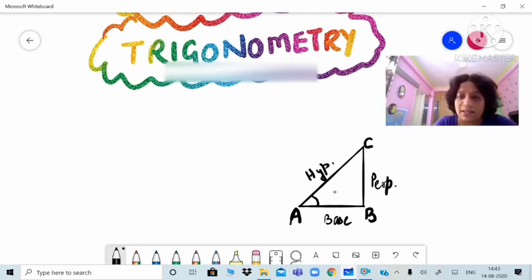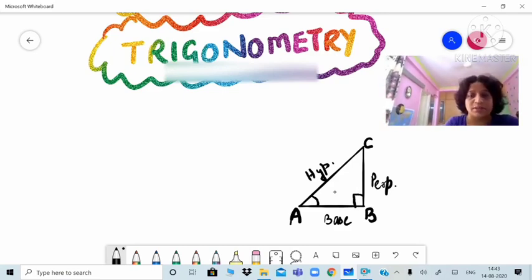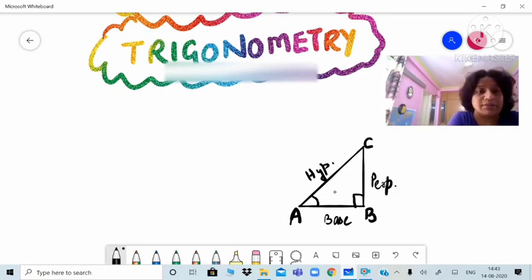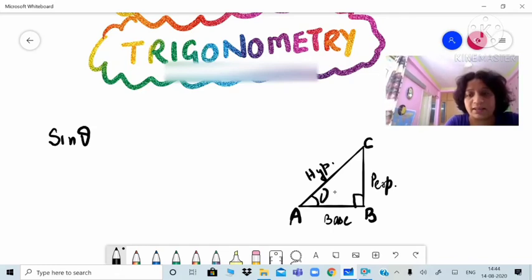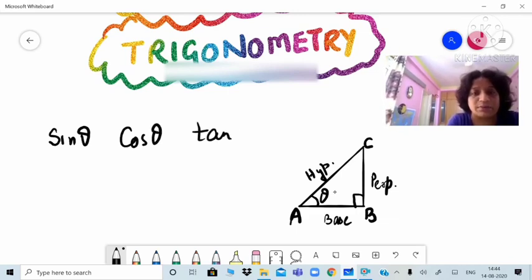Okay, the side opposite to the right angle is always hypotenuse. So here base is AB with us, perpendicular is BC, and hypotenuse is AC. Now we are having trigonometric ratios, that is sine of any angle. Suppose we had taken angle A as the measurement of theta, then cos of the angle, then tan of the angle, and we will be having after that ratios in relation to sine, cos and tan.